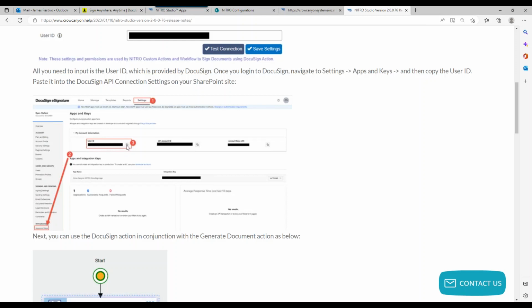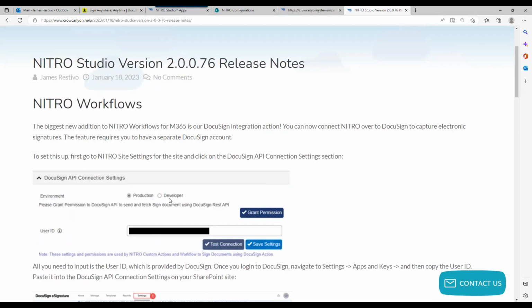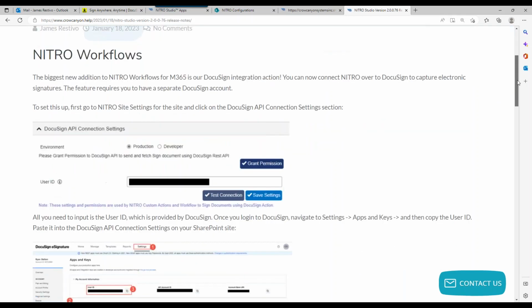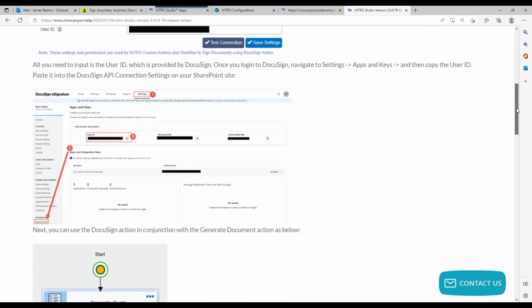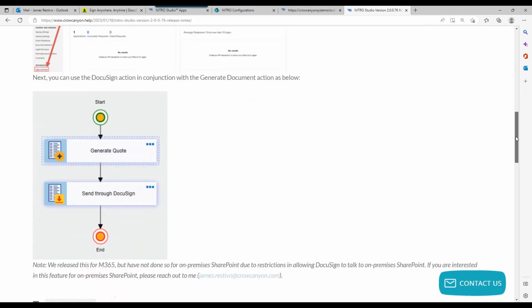There's a copy button right there. So you just hit copy. And then once you copy that, you put it into your NITRO site settings to grant that API. So that's going to allow you to create that connection between your SharePoint site and NITRO and link over to DocuSign. And after that, it's really just a